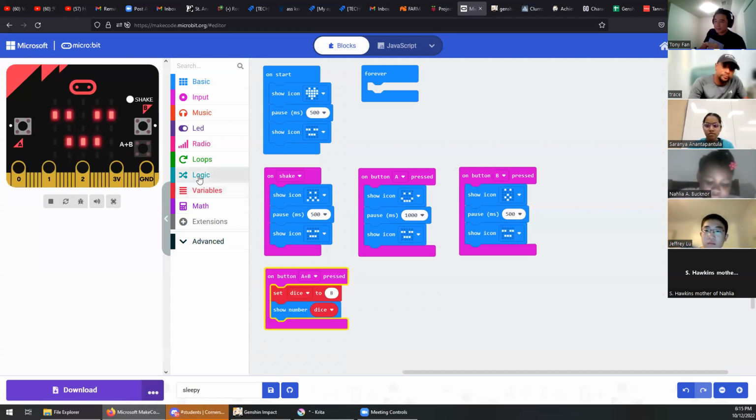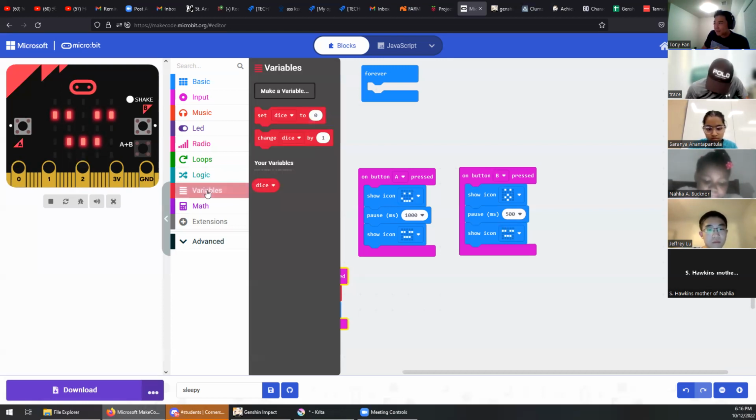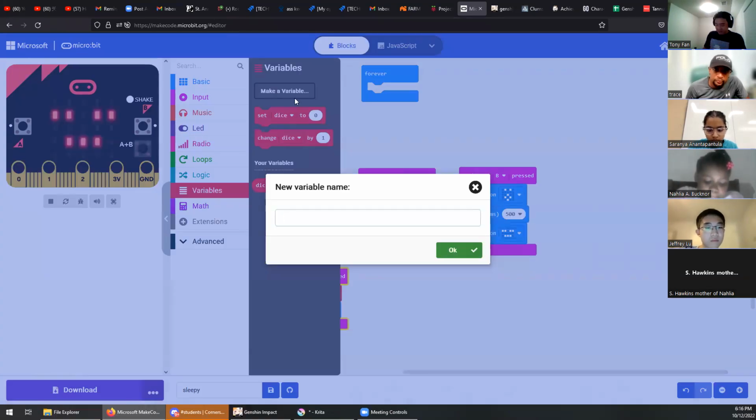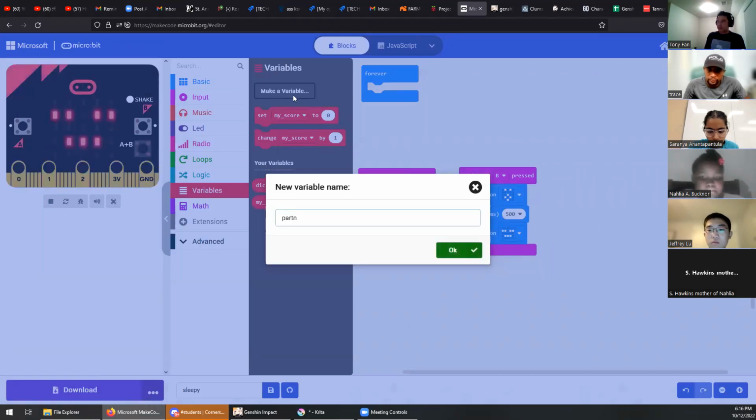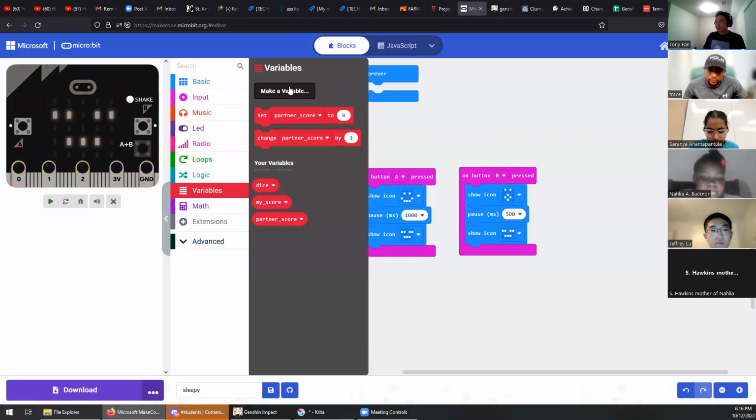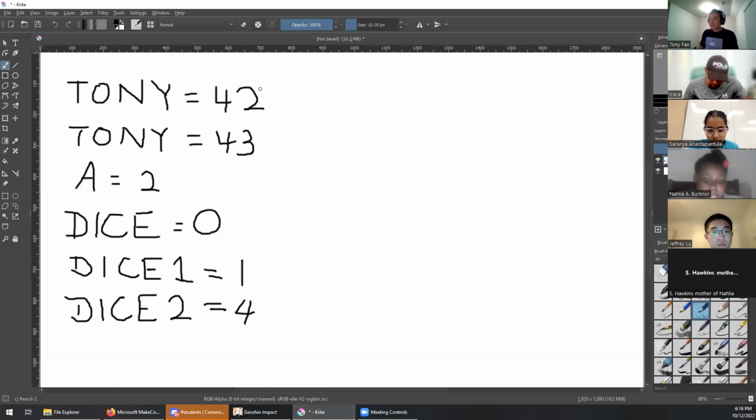So the computer can keep track of whatever you want the computer to remember. Let's say we are playing a dice game. I would probably have a dice, my score, and partner score. So it's really just the same as